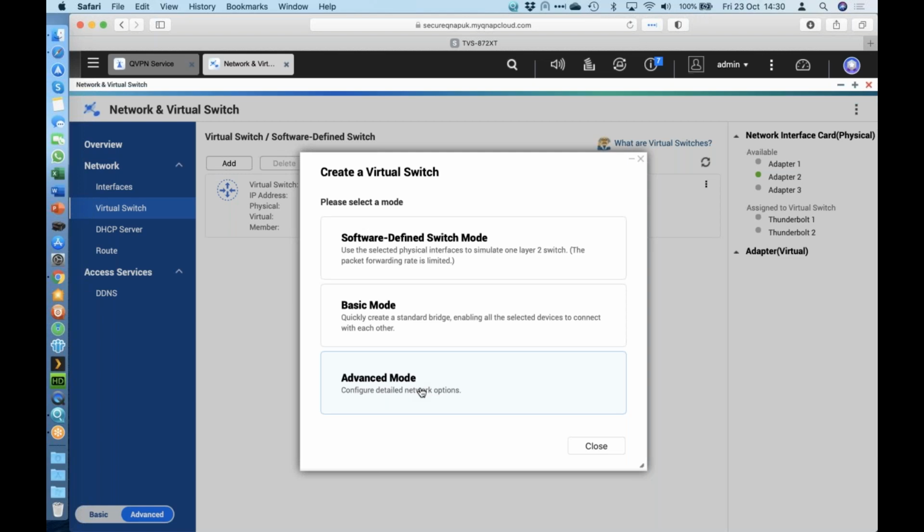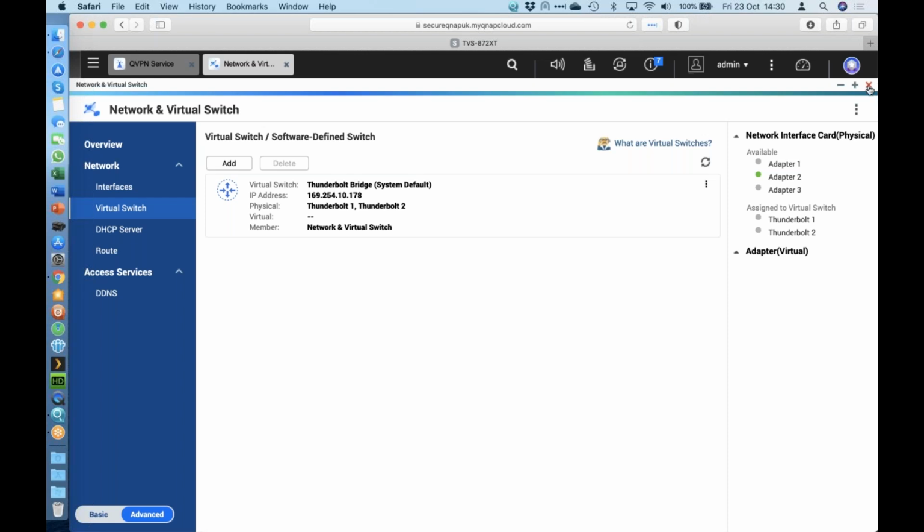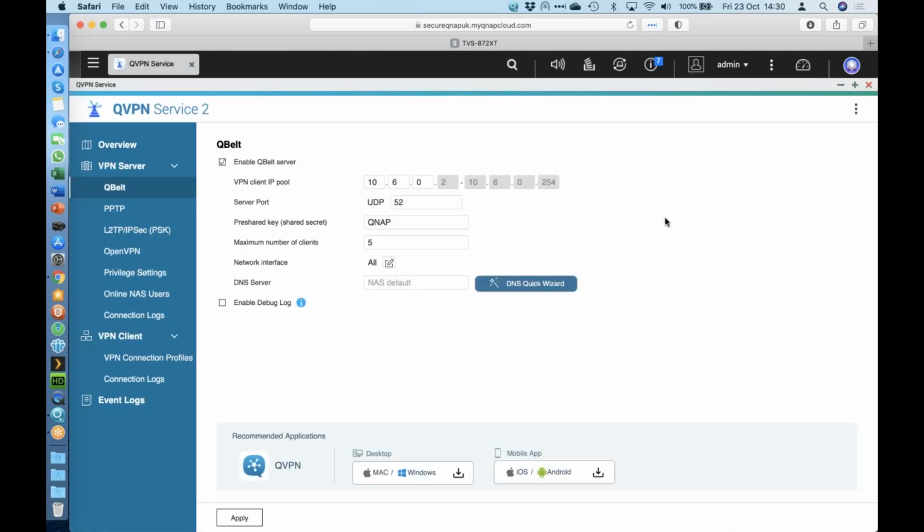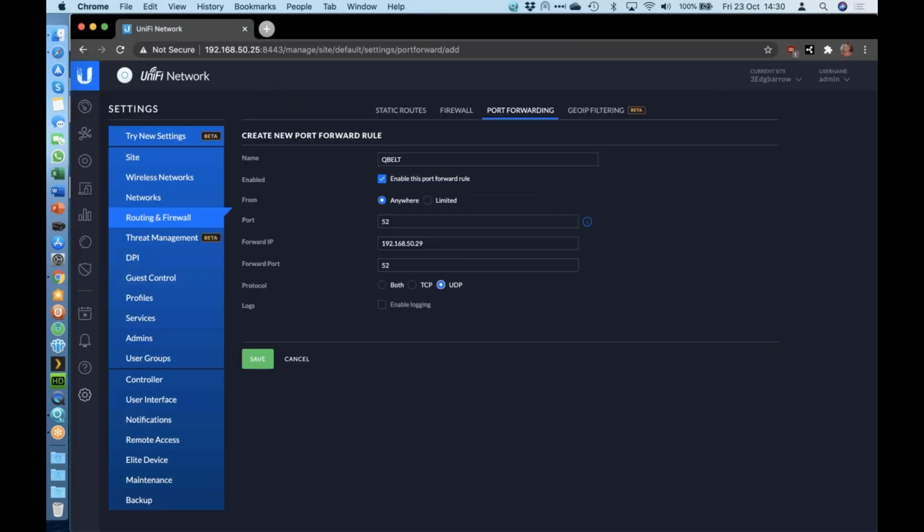There are also containers and virtual machine routing options that we have that can also do that for you in our Virtualization Station or Container Station applications, if you want to use those as well. So there are ways to do that, but I won't cover those in this session. That might be a suggestion for a video in another session of how to use software-defined switches and virtual switches on the NAS itself. So if I was to go back here and click apply, I won't click save